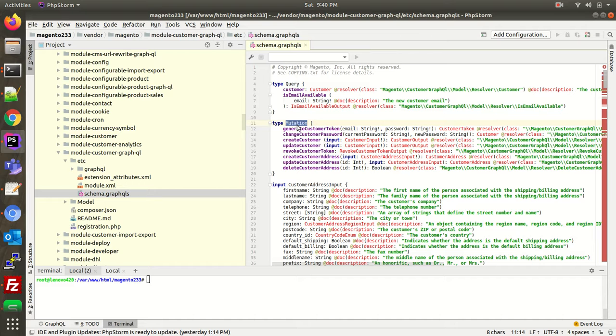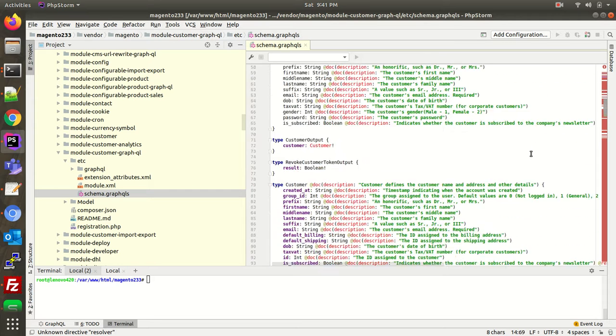So pretty much the working formula is the same for query and mutation. As you can see, we have the inputs as well whenever you are going to create a customer. So this is the customer, and you have to give the inputs over here, and we also have the output, and we have the resolver. Okay, so this is the schema part of it.